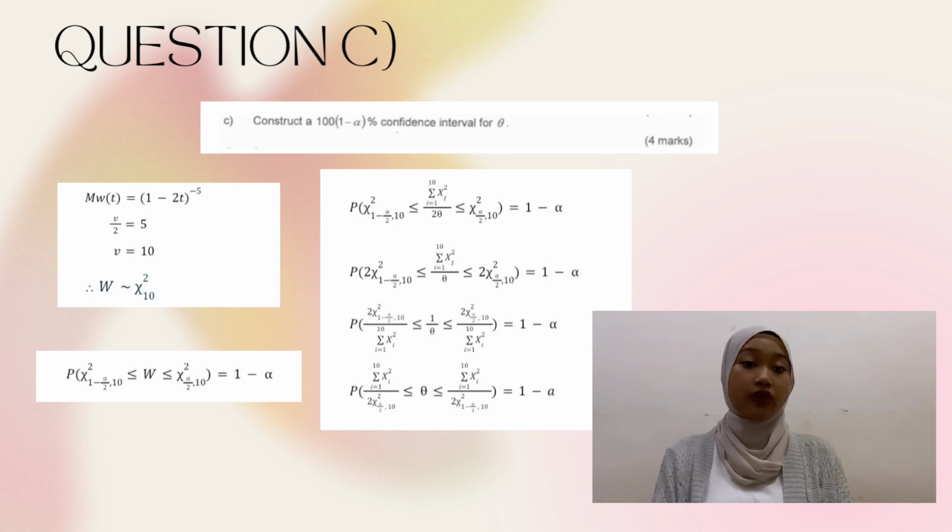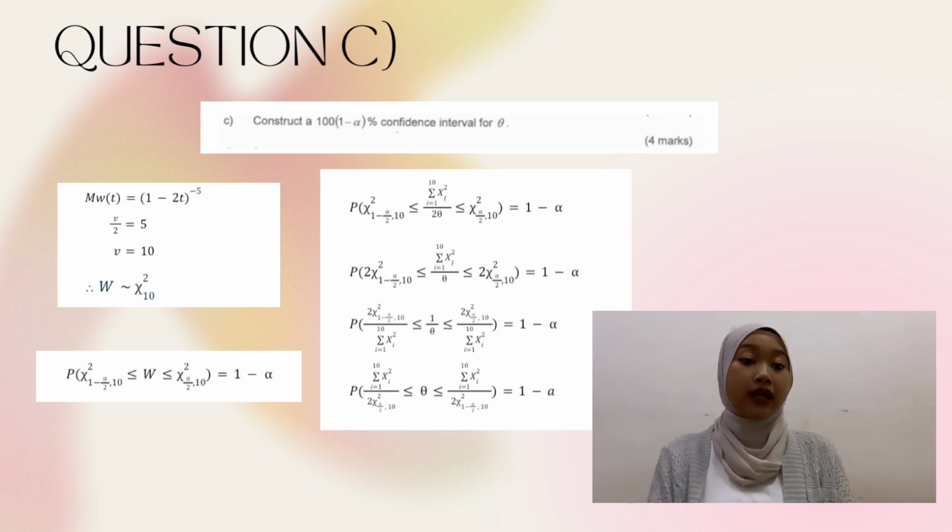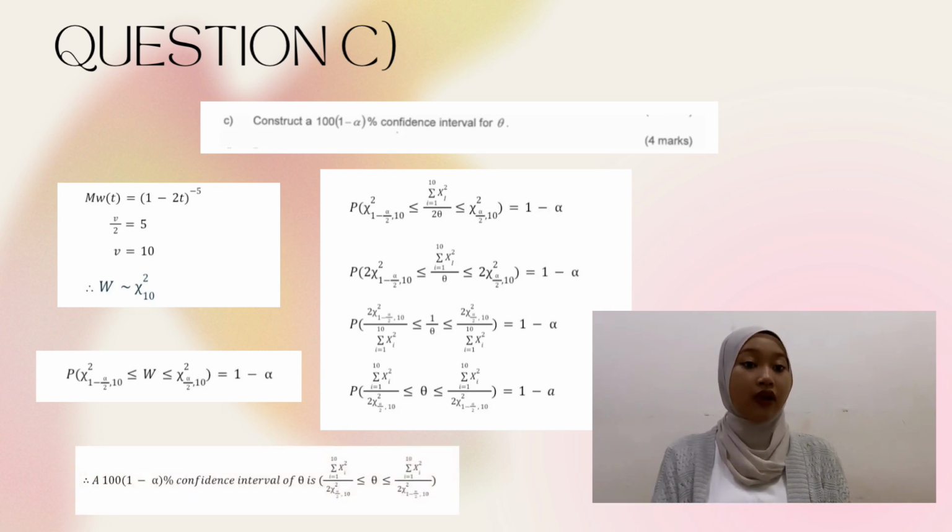Then, we multiply both sides by 2 and divide by the summation of xi squared from 1 to 10 until only 1 over theta is left in the middle. To find theta, we take 1 over everything on both sides, and 1 over theta. Since the chi square is placed at the bottom, we have to switch the places of 2 chi square 1 minus alpha over 2 with V equal to 10 and 2 chi square alpha over 2 with V equal to 10. Therefore, a 100(1 minus alpha)% confidence interval of theta is the summation of xi squared from 1 to 10 over 2 chi square alpha over 2 with V equal to 10 less than theta less than the summation of xi squared from 1 to 10 over 2 chi square 1 minus alpha over 2